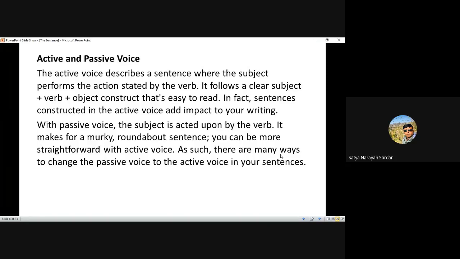But we don't prioritize the name. We just say the clock tower was constructed during the Rana regime. Isn't that so? There are so many things around us for which we prefer passive voice, where we find actions are significant,